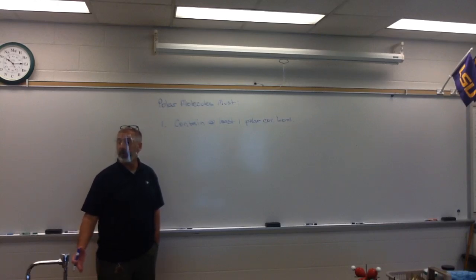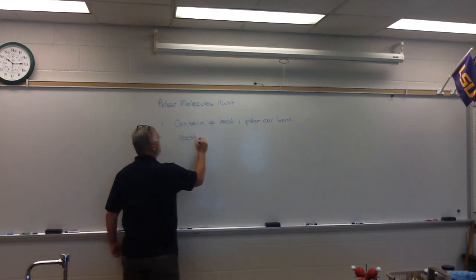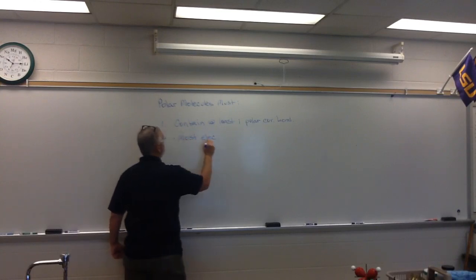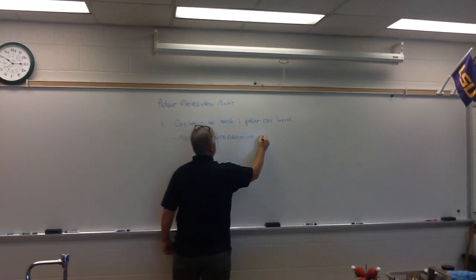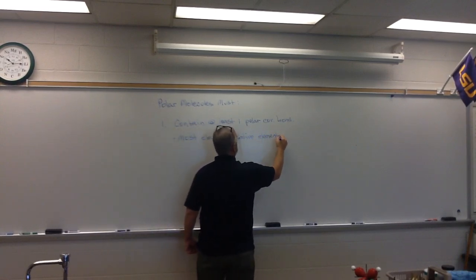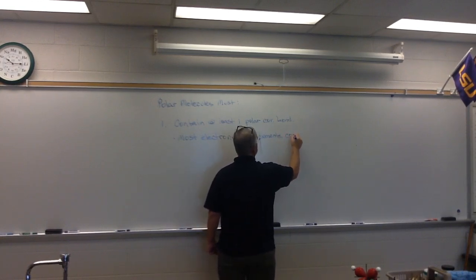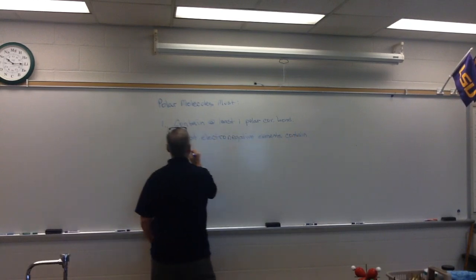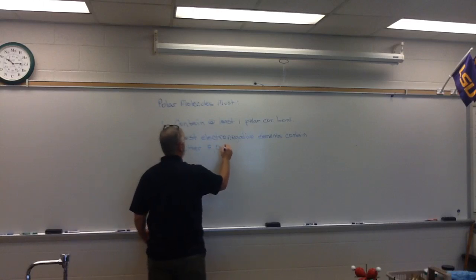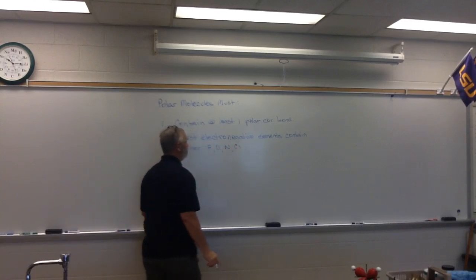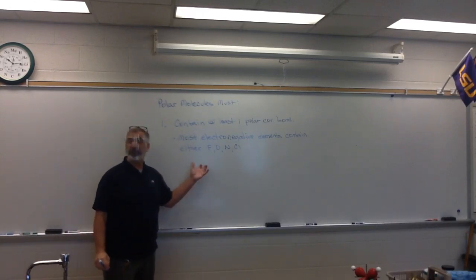And which four are the big four most electronegative elements? Most electronegative elements contain either fluorine, oxygen, nitrogen, or chlorine. Now that doesn't mean that they're the only ones that form polar bonds, but if they're present, more than likely